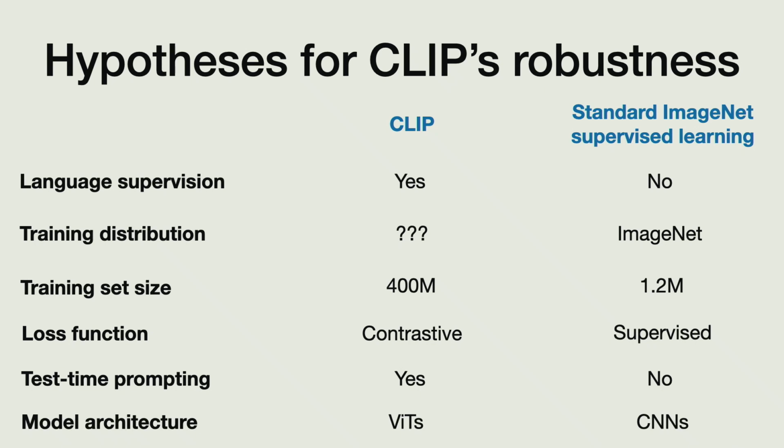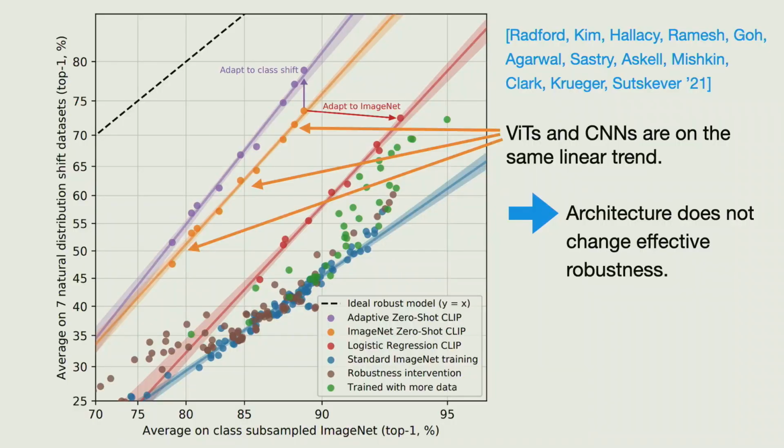I already mentioned that the latest generation of image classification models now use these vision transformers. Also, the CLIP models use vision transformers for their best models. ImageNet models are often convolutional neural networks in the plots that we saw. Good. Okay, so this is a lot of hypotheses to go through. Fortunately, we already knew from prior work that we can rule out two of them. One of them is model architecture. OpenAI already studied that for us, which is nice.